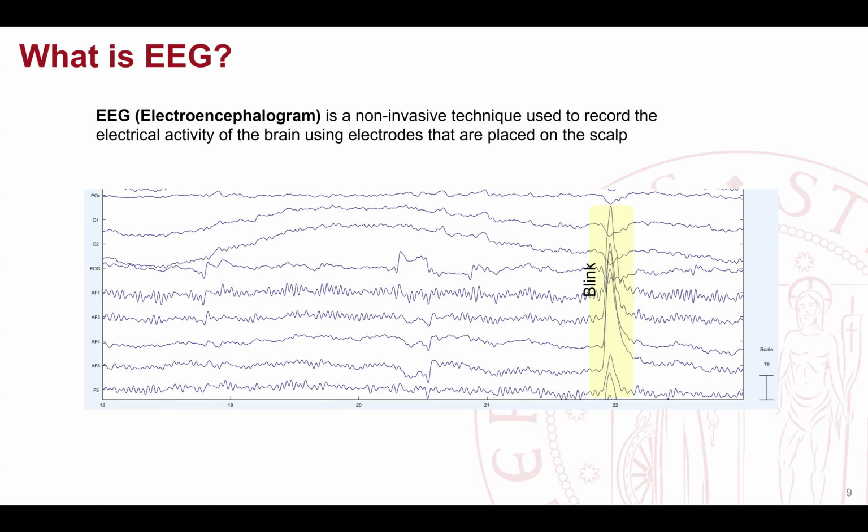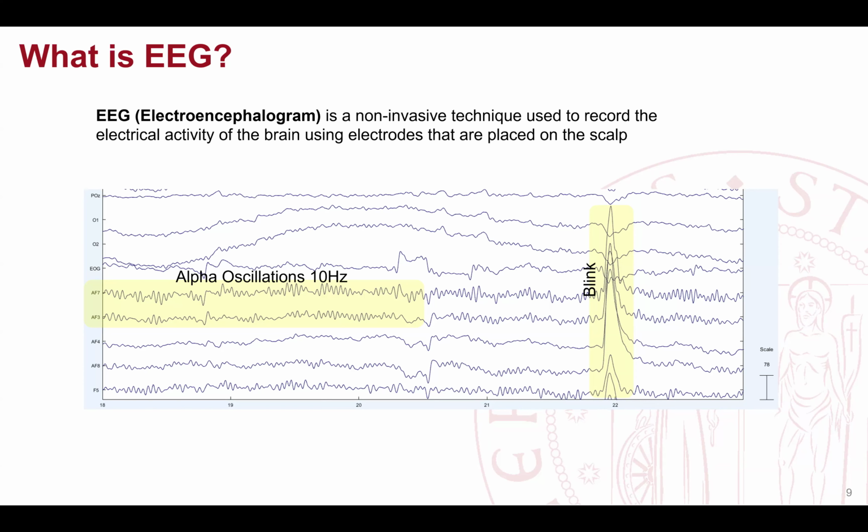So we don't really want to see blinks in our EEG signal. But as you can see, the effect of a blink is quite important in the EEG. So we will have to take care of it. Nevertheless, when there are maybe not this many artifacts in our signal, we can also see other components which are, let's say,